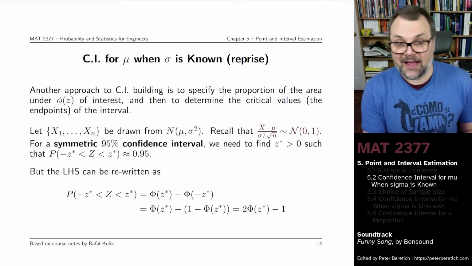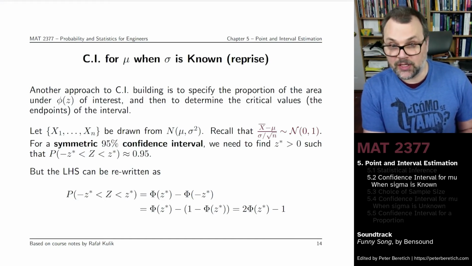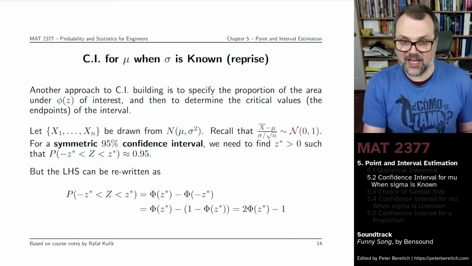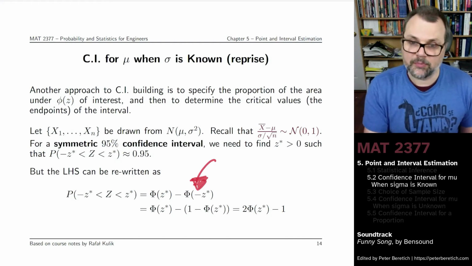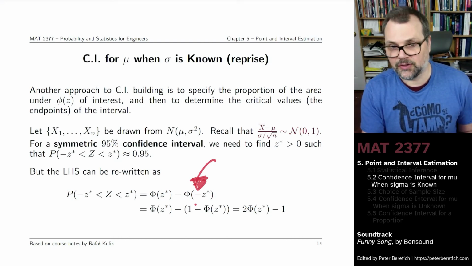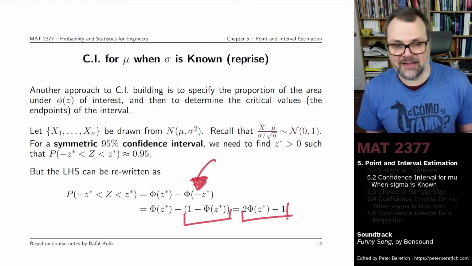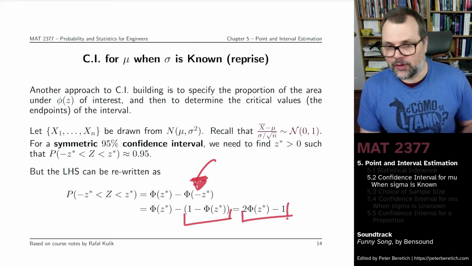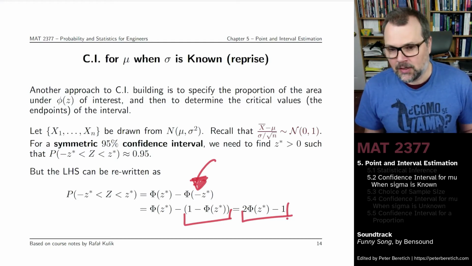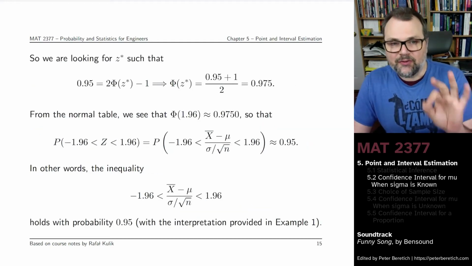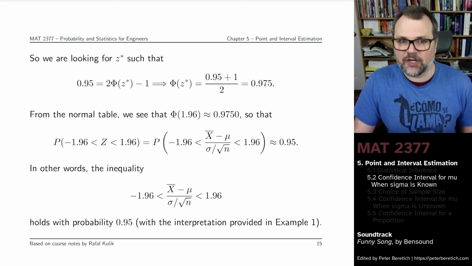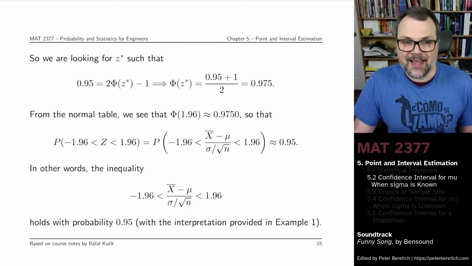The expression on the left, as we've mentioned before, you can rewrite it using the cumulative distribution function phi, for which we have values in the table, and you use the property of that function. Phi at minus z would be the same as 1 minus phi at z. That allows you to rewrite the probability that z falls between minus a critical point and the critical point as twice phi at z star minus 1. So you're looking for the specific z star, the specific critical point, which will guarantee that that probability, that area underneath the curve, is going to be